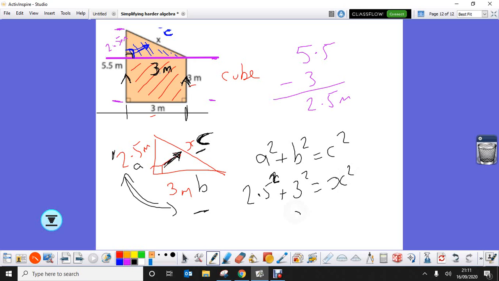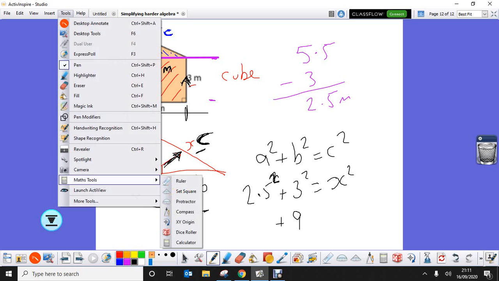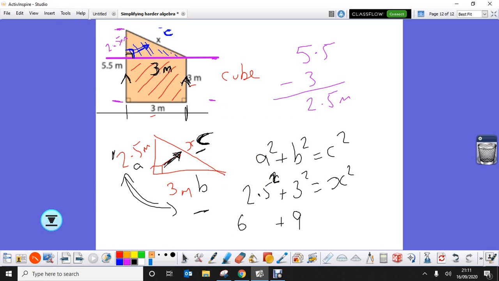Okay, 3 squared we know is 9. 2.5 squared, calculator, 2.5 squared is going to be 6.25, and that's going to equal my x squared. Add them two together is going to give me 15.25